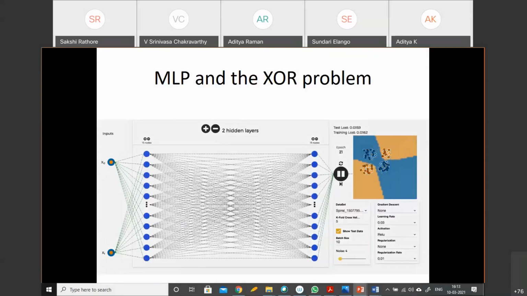You see the XOR problem on the right side. You have opposite clusters of points belonging to the same class. It was able to learn it very quickly. Okay, so there is no mystery,